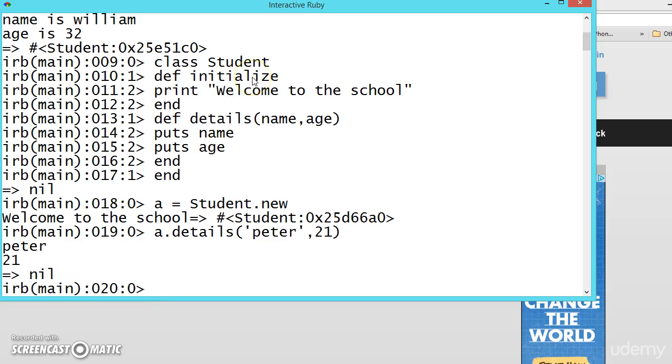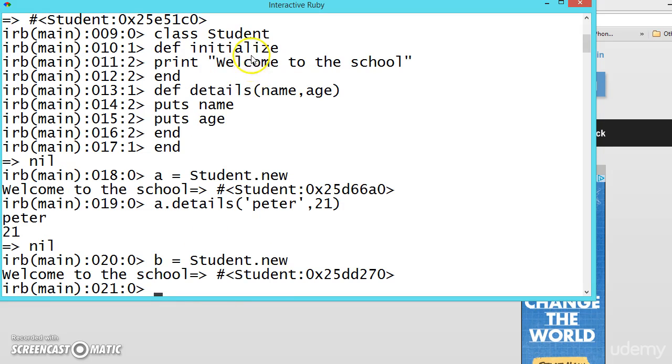Initialize is actually used to initialize the values, but whenever we create an object, this method is first automatically called. This you have to remember. Whenever an object of the class is created, whether it is a or b or anything, .new, this one is called. What you want to do is up to you and up to the requirement. So hope you understood the constructor. Meet you in the next video with some other examples.